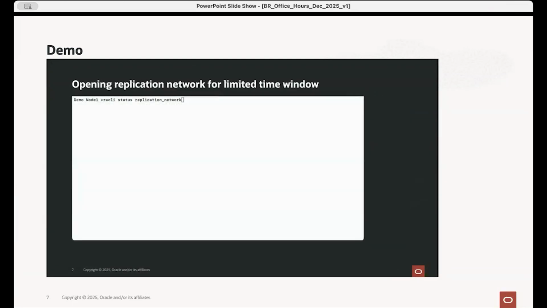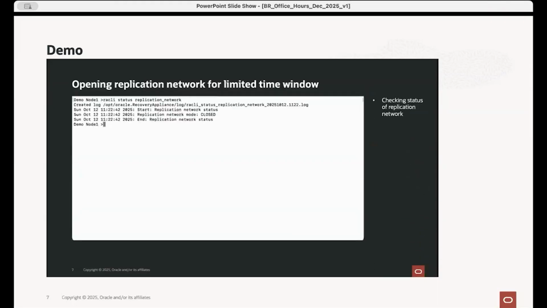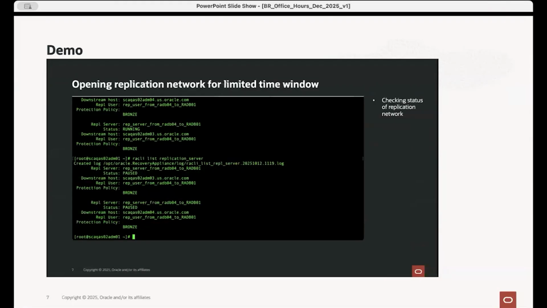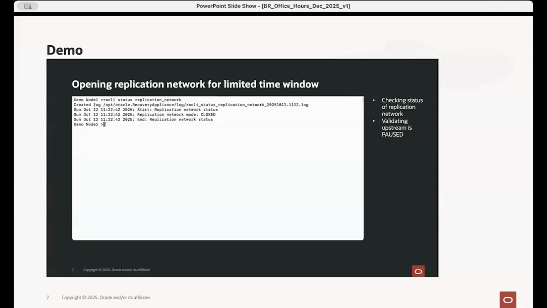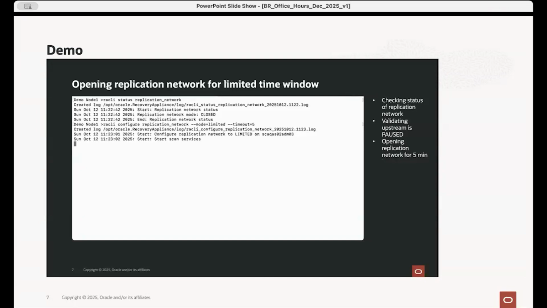And then the third one, which is where most interest is going to be, we will check the status. So obviously we've closed the network just to mimic a real scenario. We are checking the upstream replication, and it has been paused. Then we'll go back on the downstream. So this is the limited command. For the sake of the demo, we've set 5 minutes. As soon as this command is executed,